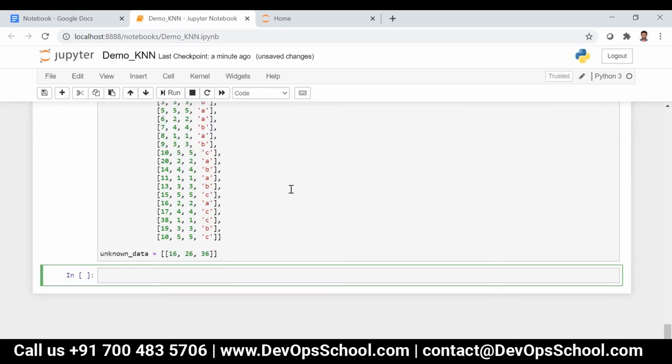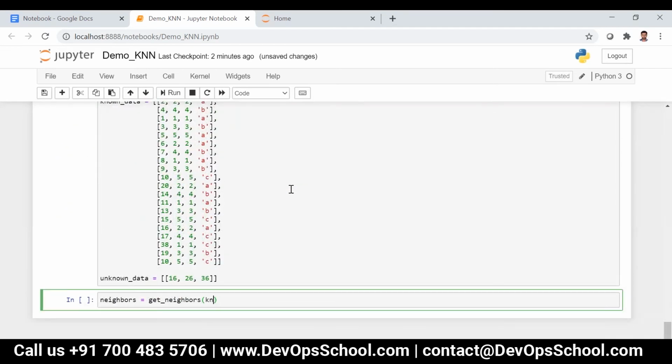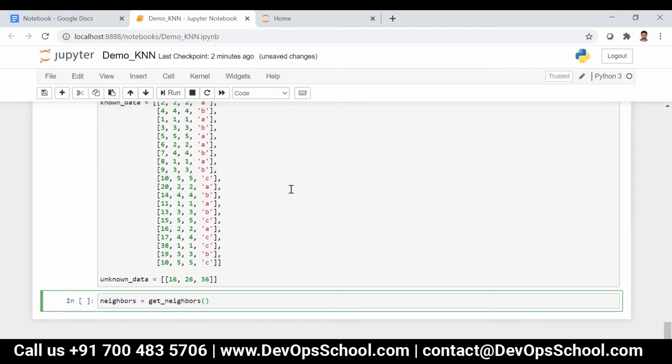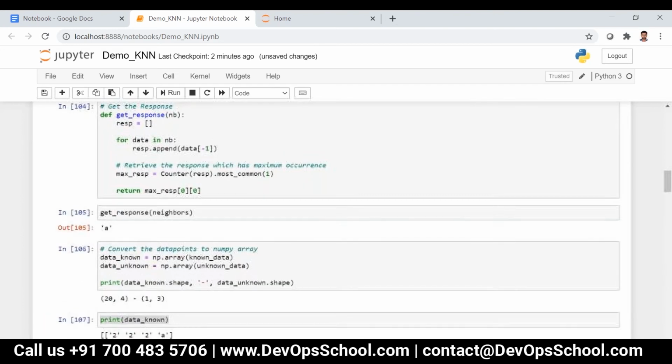Now let me say neighbors is equal to get neighbors of known data and then unknown data. What is the function definition?